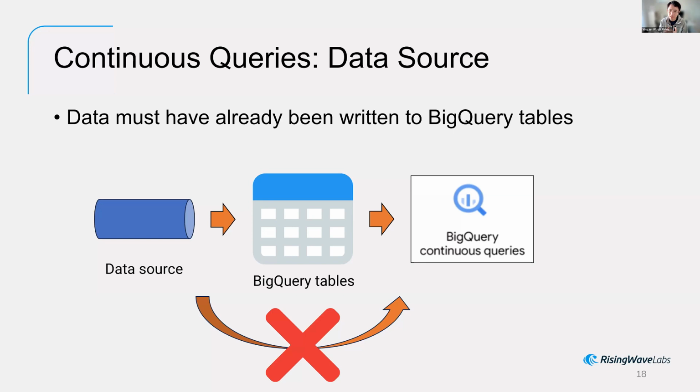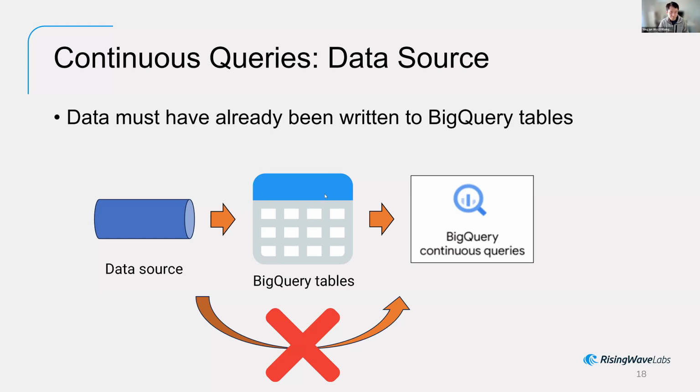I think one of the reasons here is that BigQuery continuous queries need to identify the delta for the new events. And probably at the moment, the only way for them to identify the new events is to check the table's write log, so that's where they can know which data is newly inserted.